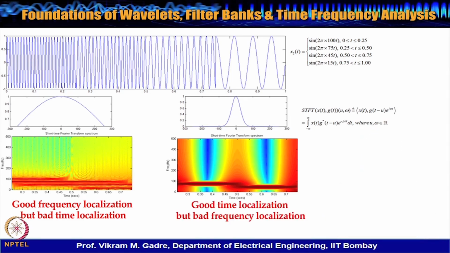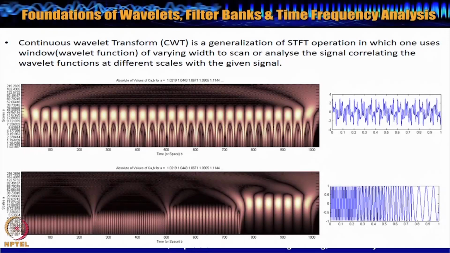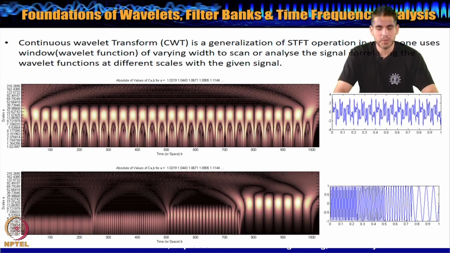Now again, what is the limitation of this? This seems to be a very appropriate and advanced technique as compared to Fourier transform. But again, there are certain limitations. Once you fix the window size, for any transients which are shorter than that window size, the analysis will not be able to capture the underlying frequency present in those transients. So what the next step can be, if we are able to change the window length at runtime, then we can obtain a better analysis, and this is what is brought out by CWT